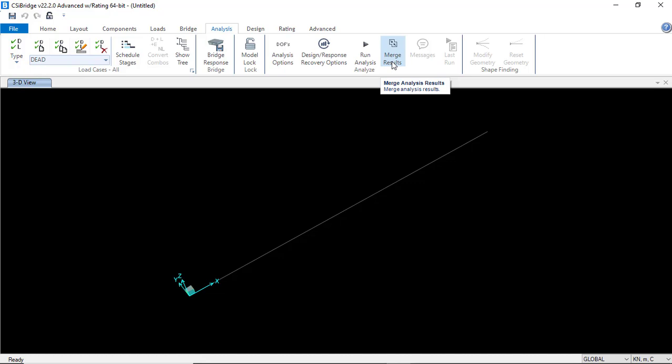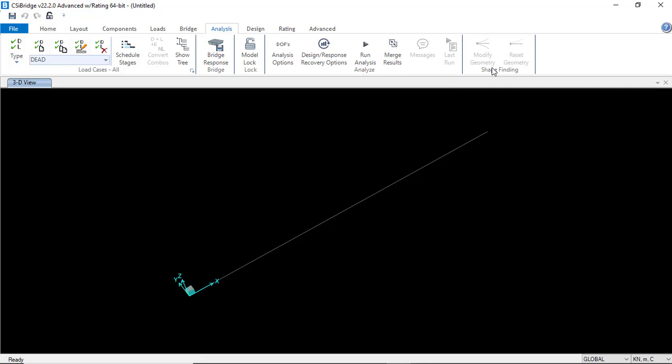Analyze tab also has the control to view the run log text file after running the analysis to find if the solver found some difficulties by way of numerical